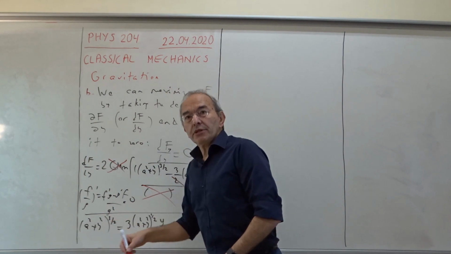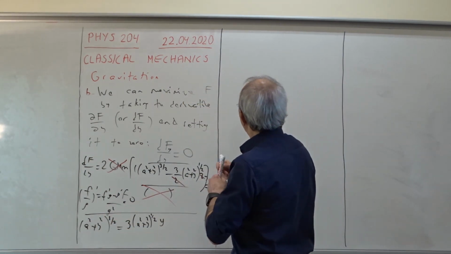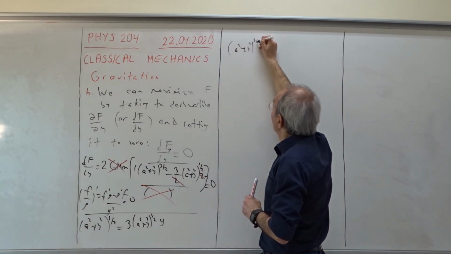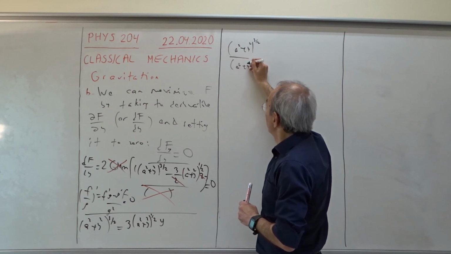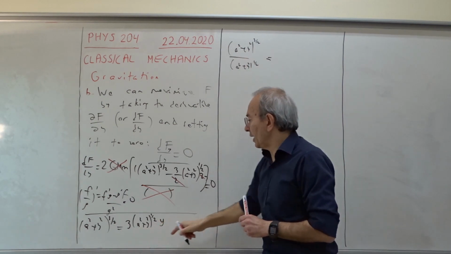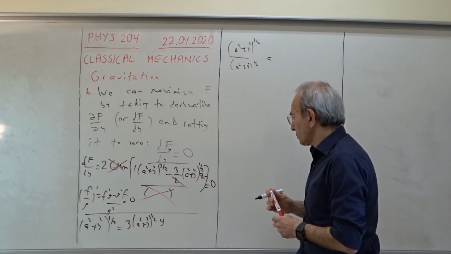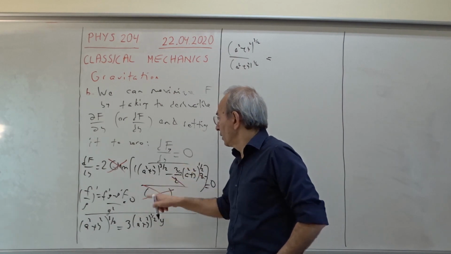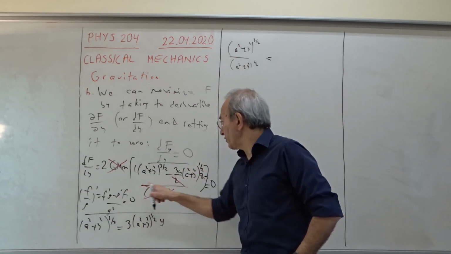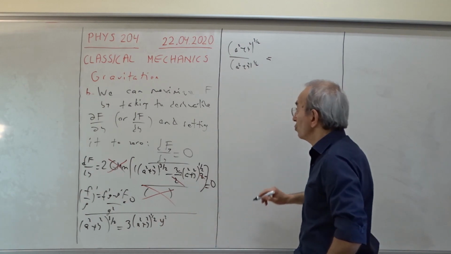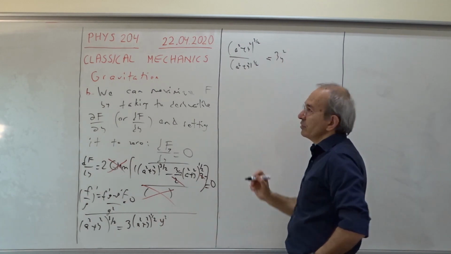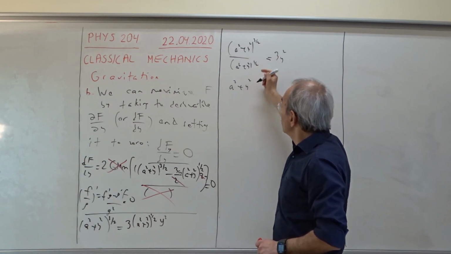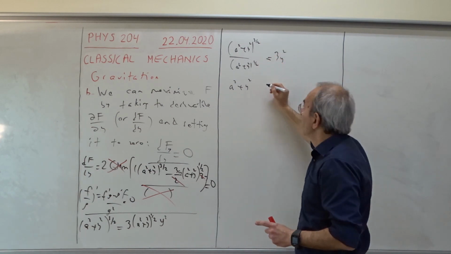Take it to the other side, they are similar terms. So a squared plus y squared to the power of 3/2 over the same term to the 1/2. On the right, we only have, and also there's a y here coming from the f. G prime is that, but f is missing, so there's another f here, y squared. So we have 3 times y squared. So after the cancellation, we have just a squared plus y squared to the power of 1